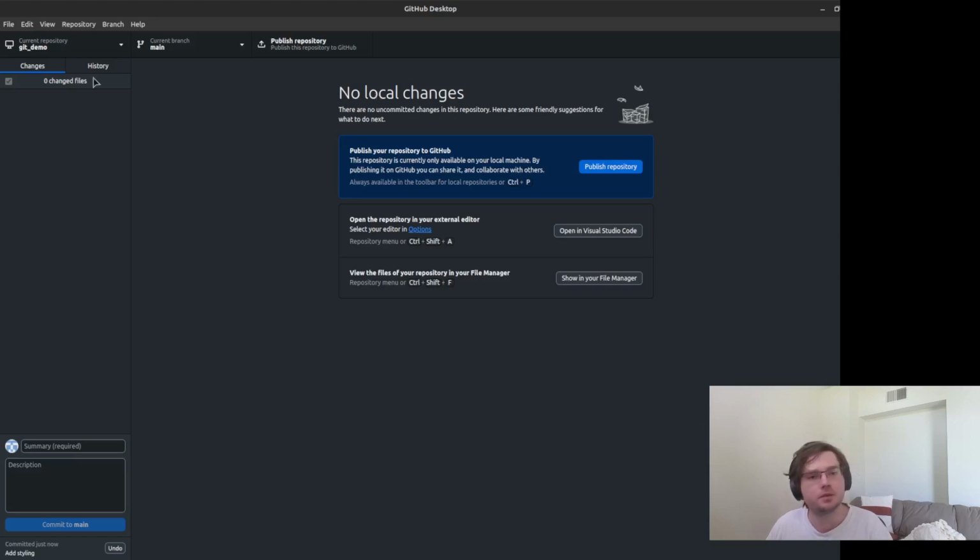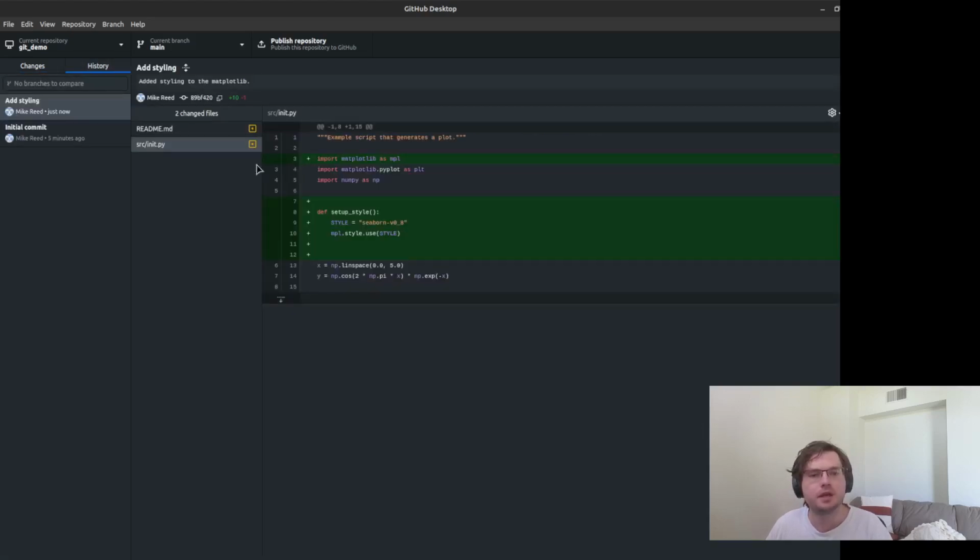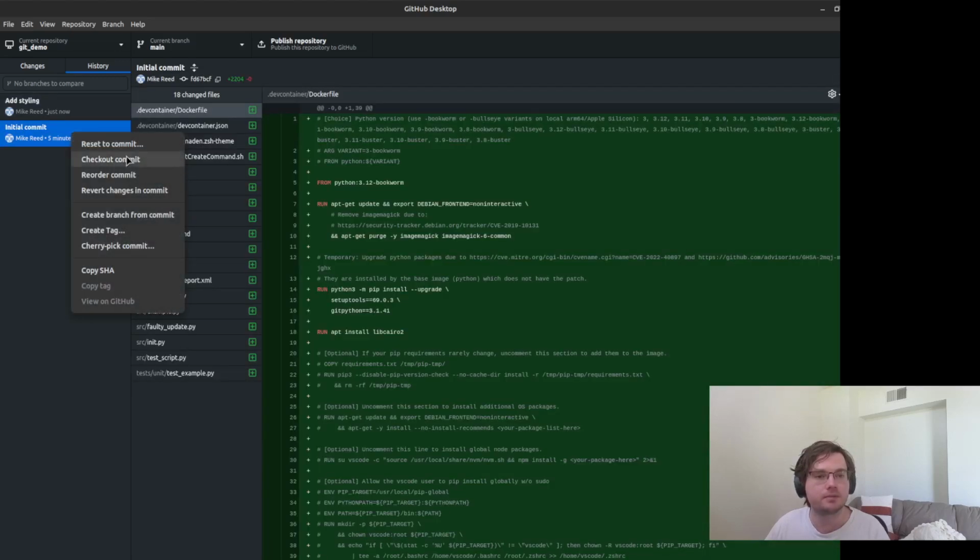Now the nice thing, which we can immediately start doing, is if we decided, for example, that that style is, maybe Jeff was writing a paper and he had an initial version that didn't have that styling. So we need to go back to a version before that styling was the case. I can now right click on this one, and I can say checkout commit. Now what that means is change all of the local files that we have to this version of the Git repo, to this commit, to this state.